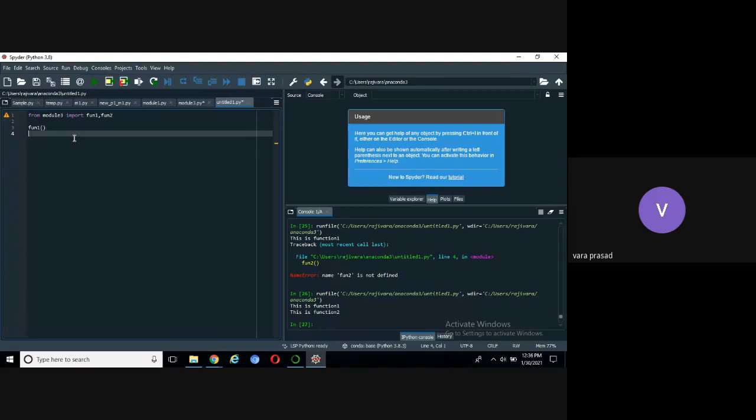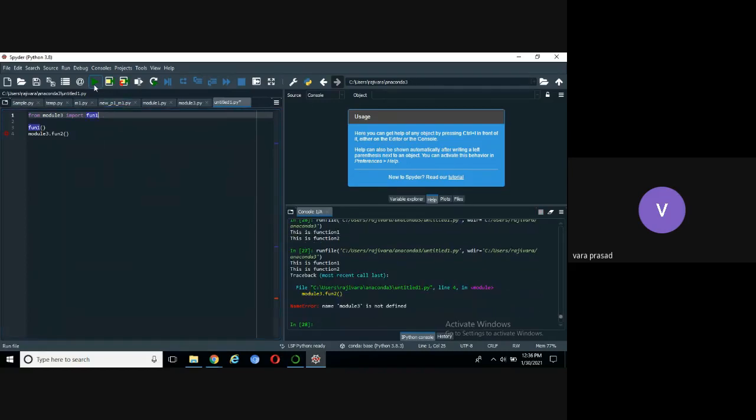No, no. Actually, it will not work. Module 3 dot function 2. Okay, I will remove that one. Because using from keyword, we can take some part of the module. We cannot take the complete module. If you want to take the complete module, there are two ways. Import space module name, or you can use from space module. You can use here star directly.